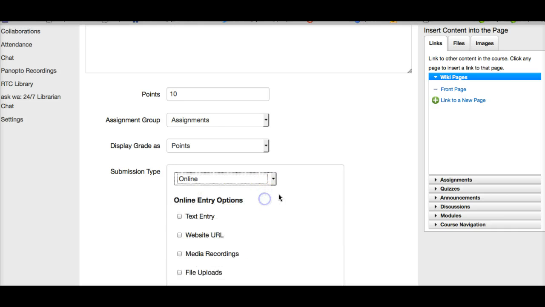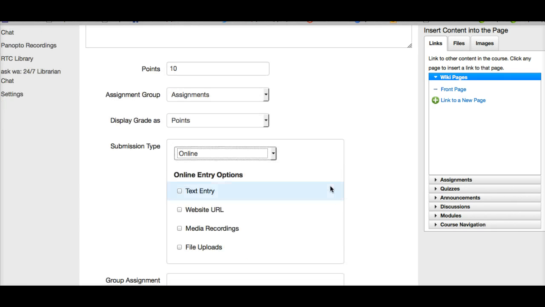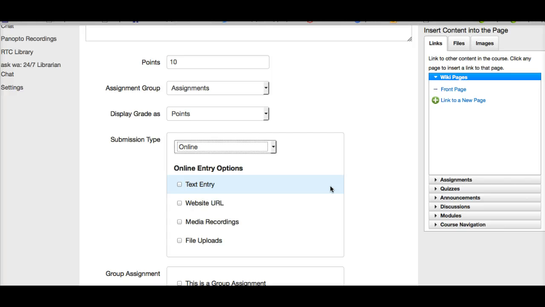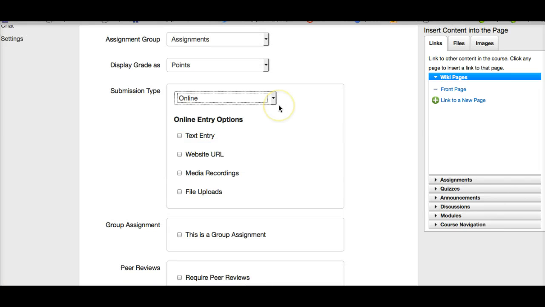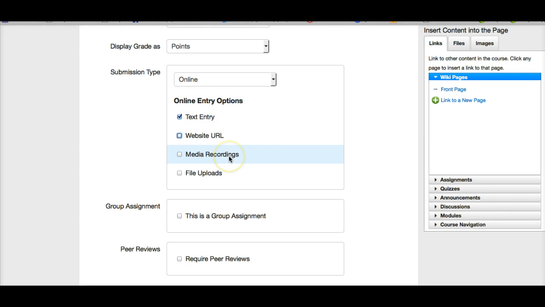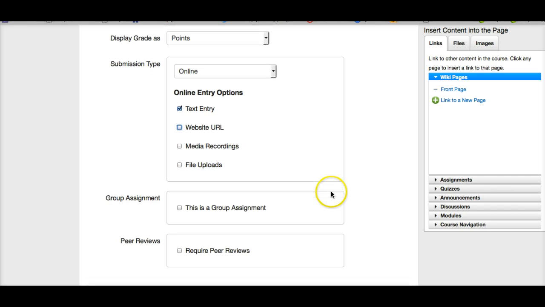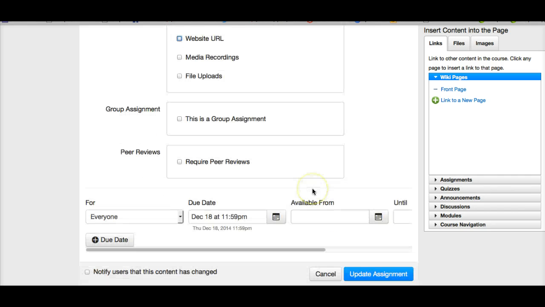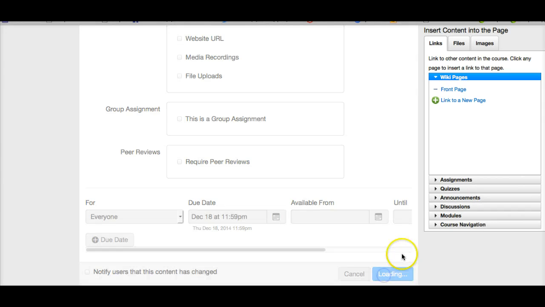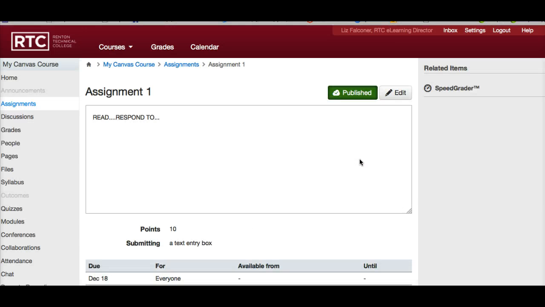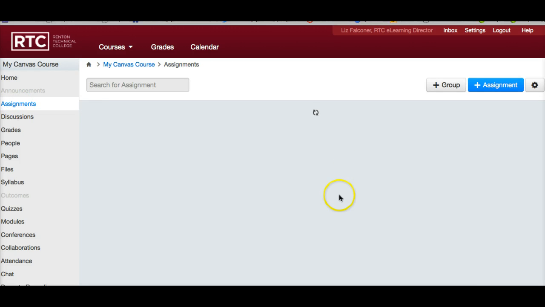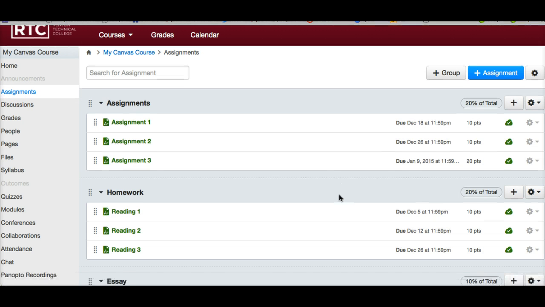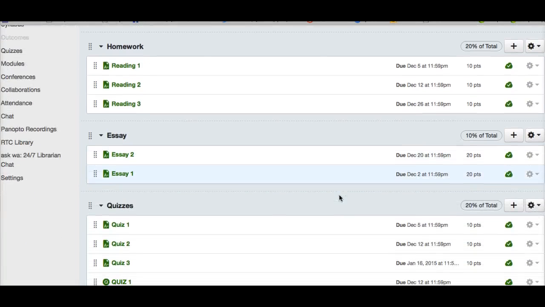If you want them to hand it in online, many instructors are going towards this because you can just automatically grade it that way. If you're going to have it be an online assignment, you can have it be a text entry where they're answering you. You can give them a website URL. They can answer you with a media recording or a file upload. You can check all these if you want. And then you can update the assignments. So you can actually make the assignments within Canvas very easily this way, looking at your assignments page. So you can modify them that way,